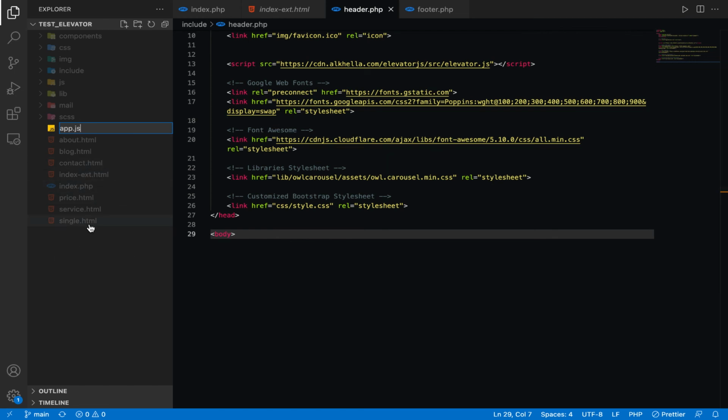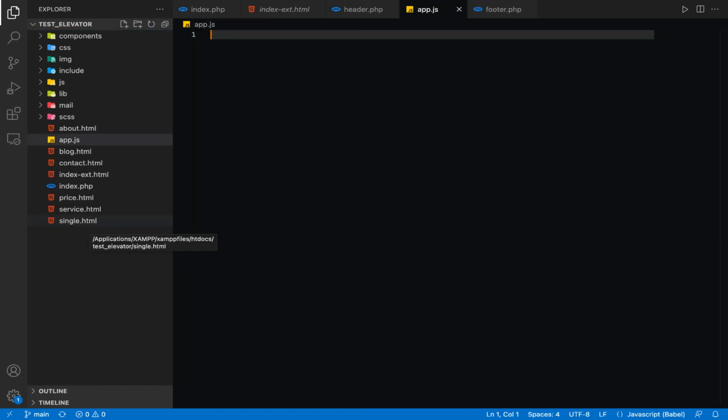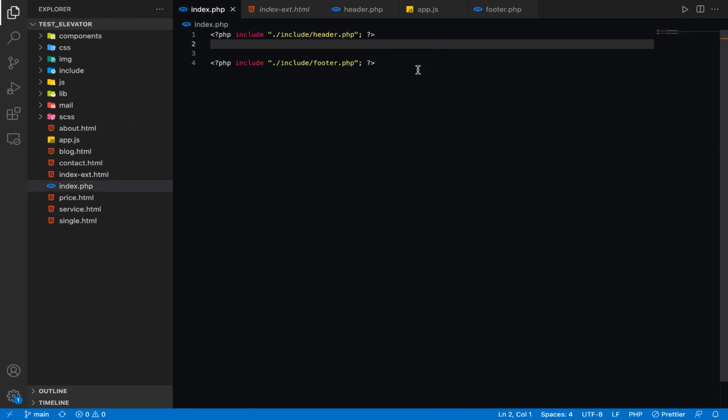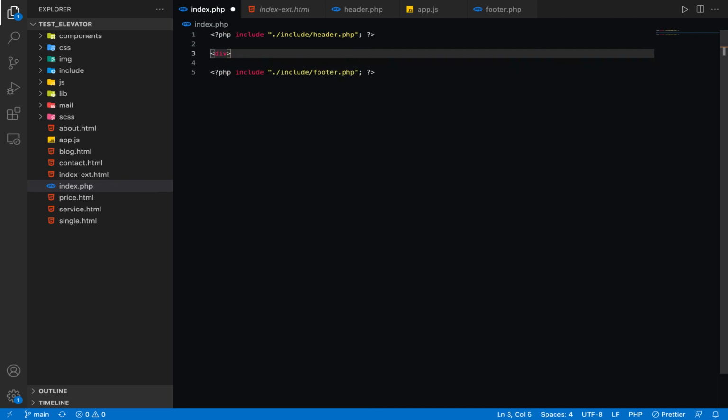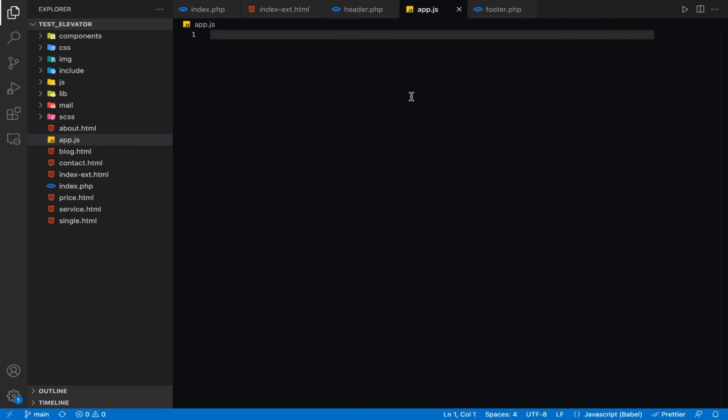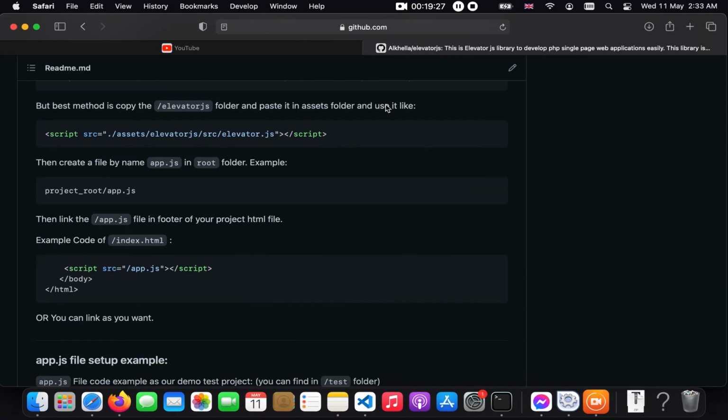But before we do anything we need to do one thing. First of all we need to create a section. We will create it later in the explanation. So let's jump into the project. First of all, in app.js,